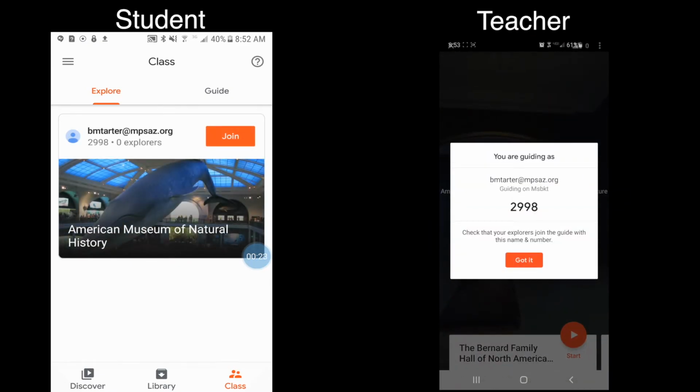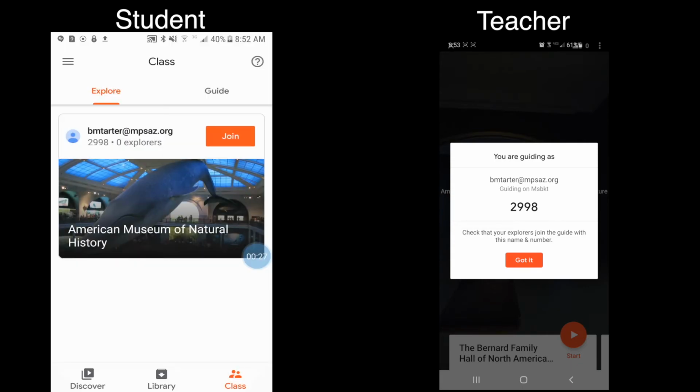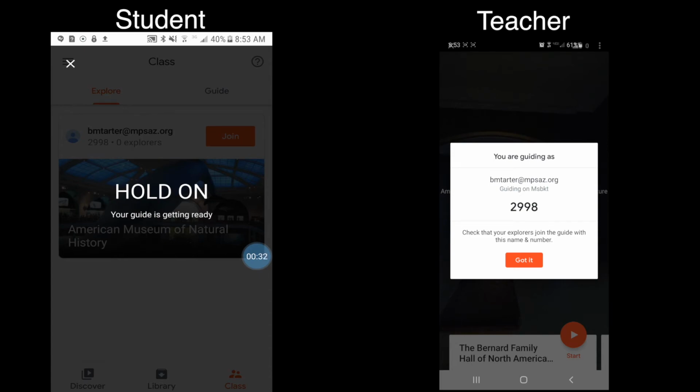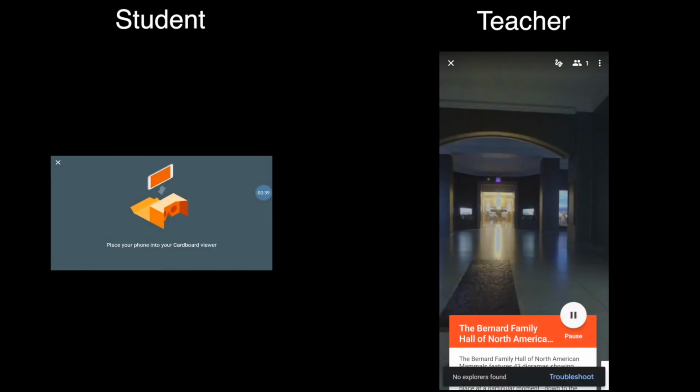and it'll prompt the students to join my expedition. On the student device, I'll click Join and hit Join. And it'll let me know that I've joined and I need to wait for my guide. As a teacher, I can now hit Start and start leading the expedition. On the student devices, it will prompt students to put their phone inside of their Google Cardboard viewer. This is for the best experience. Once the students put it in the Cardboard viewer, they should be able to view and interact with the